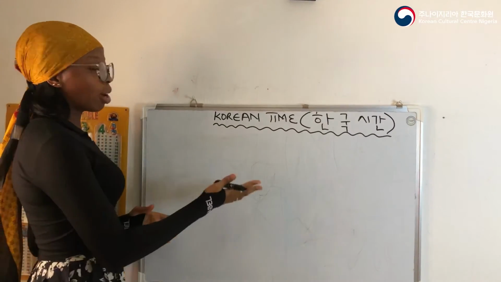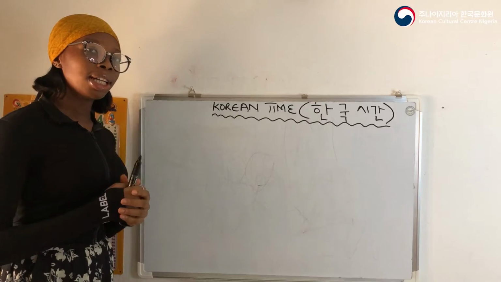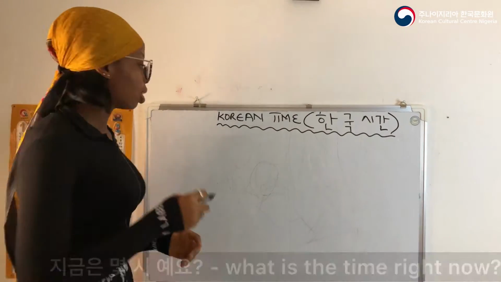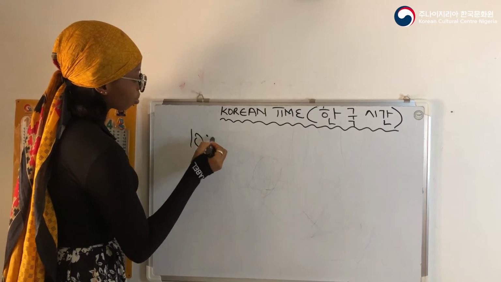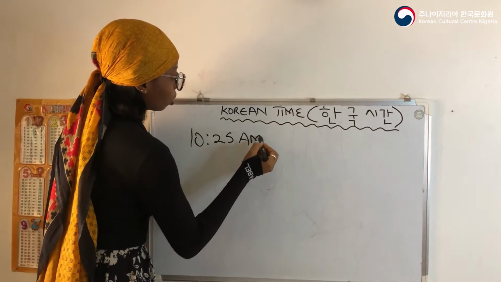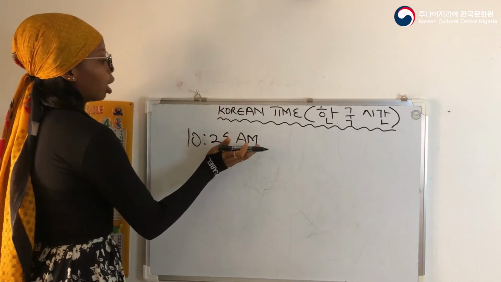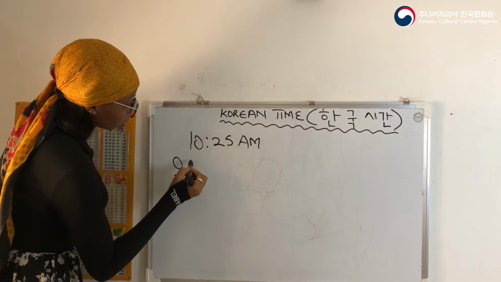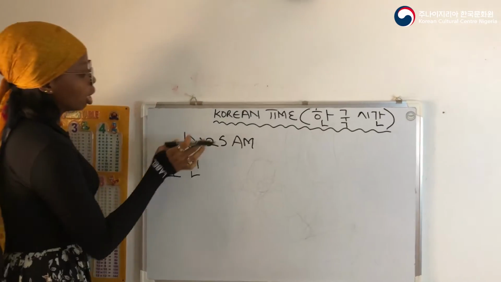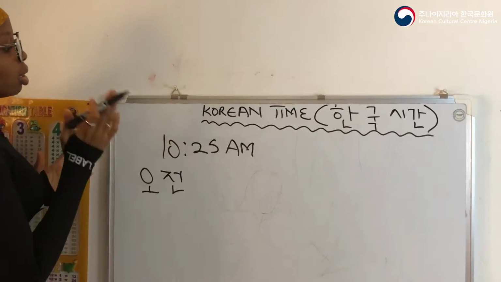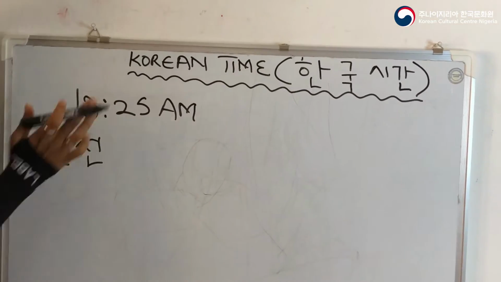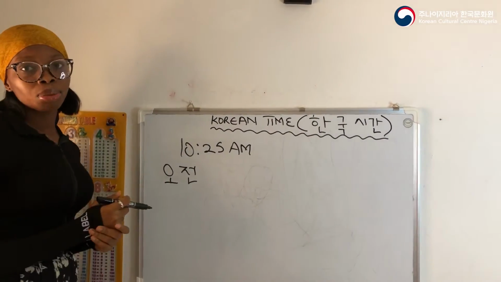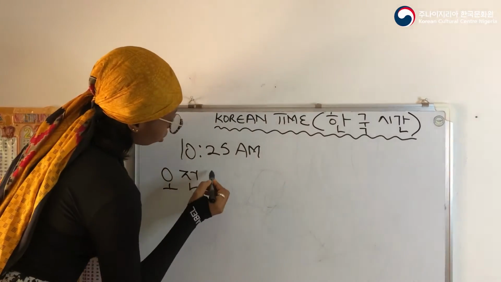Now welcome to the practical aspect of this video. Just like we said earlier, let's take for instance, if you're asked what is the time right now, and let's say the time is 10:25 a.m. in the morning. Now just like we said earlier, a.m. represents what? Ojeon. So the first thing you have to do is to write down the ojeon, because it comes before what? The numbers. And like we said earlier, the native Korean number represents the hour, while the Sino represents the minute. So the native number comes first, and 10 in the native Korean number is what? Yeol. So you have to write down the yeol,